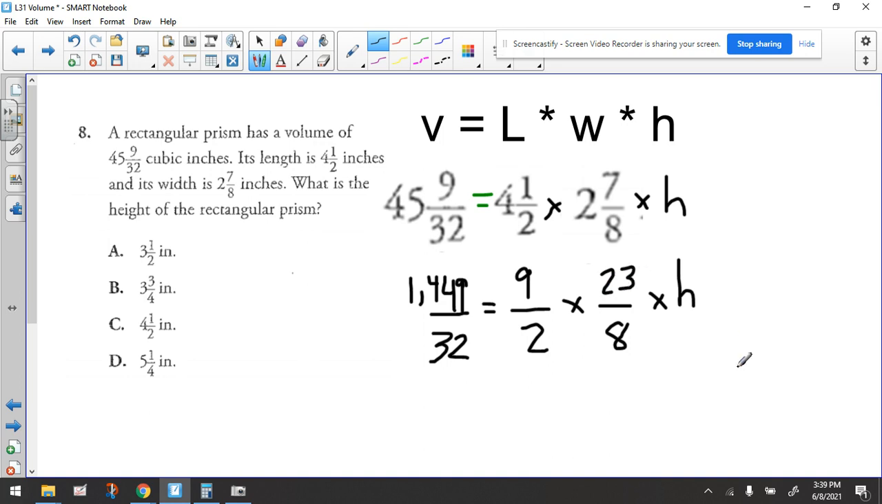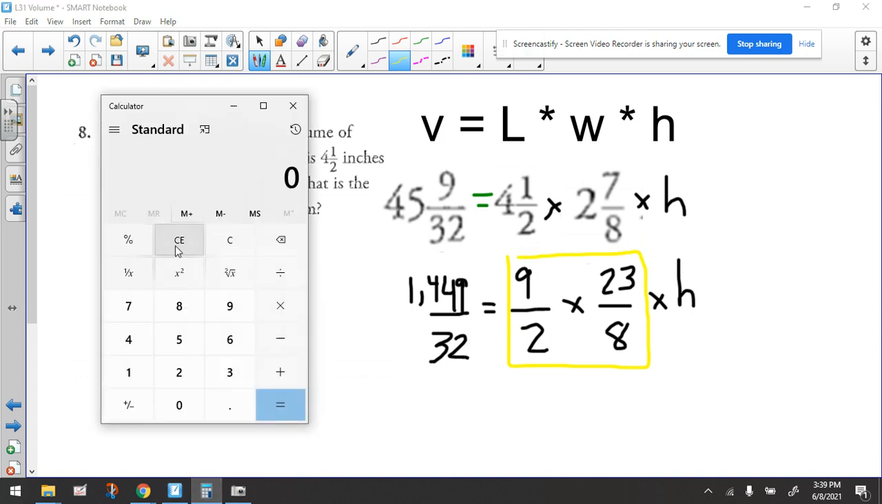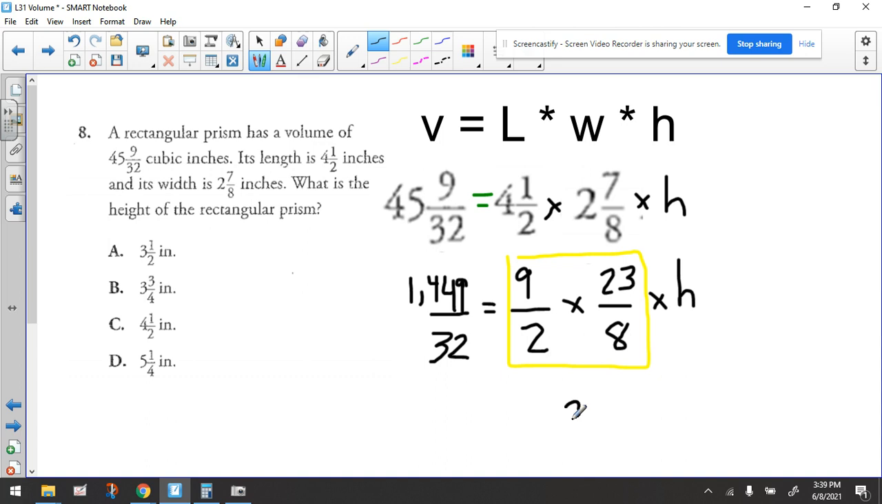All right, so the next step, we have to simplify this. And I don't really see any reducing opportunities, so we would take out the calculator once again, and we'd have to find the product of the two numerators and the product of the two denominators. So let's do that. 9 times 23, and we end up getting 207 as our numerator. So let's write that down. 207 over, and the denominator we can do in our head, 2 times 8, that's 16. And let's bring down the H. Let's bring down the equal sign. And we're going to copy this number carefully again. So that number is 1,449